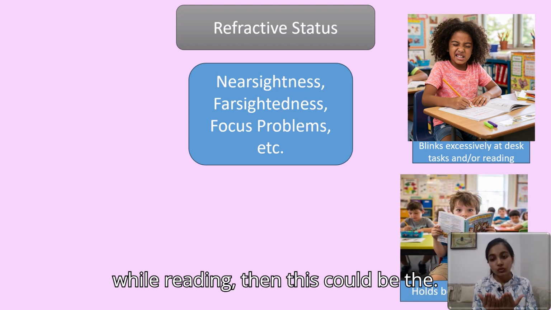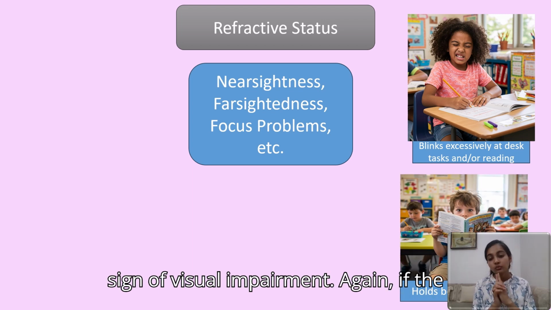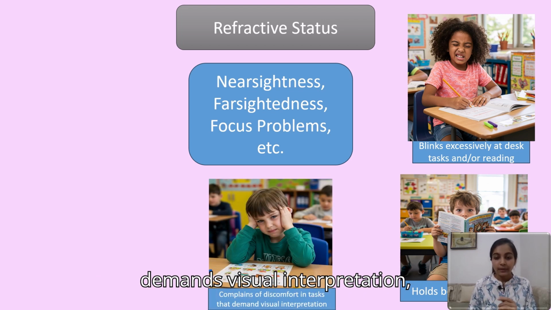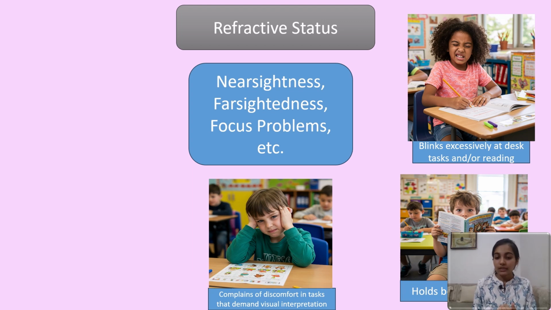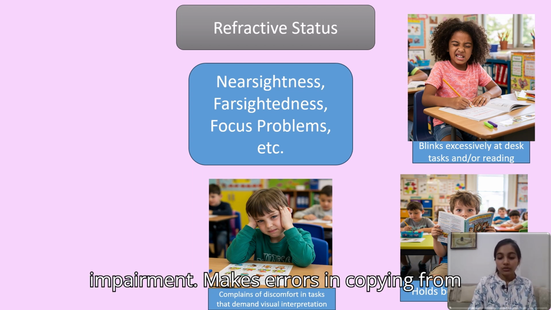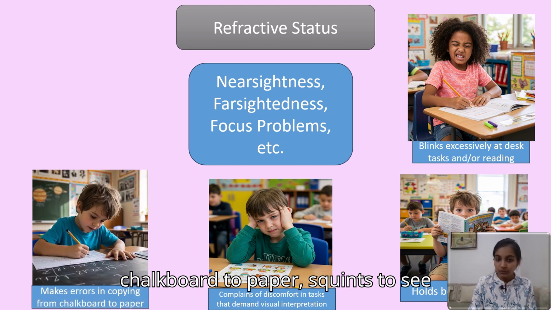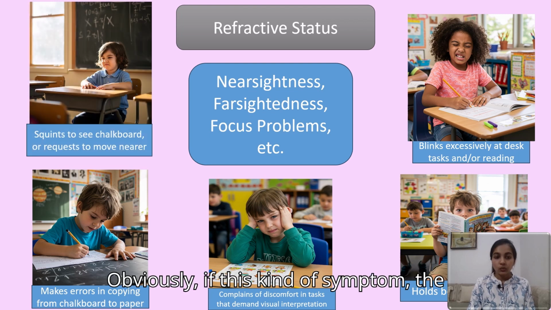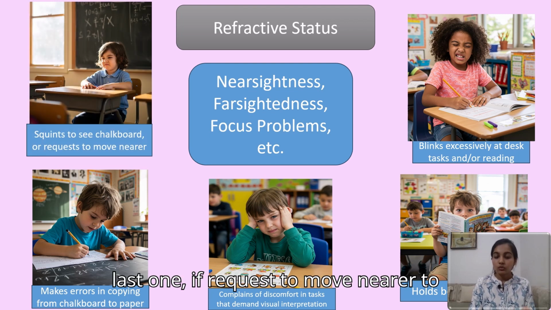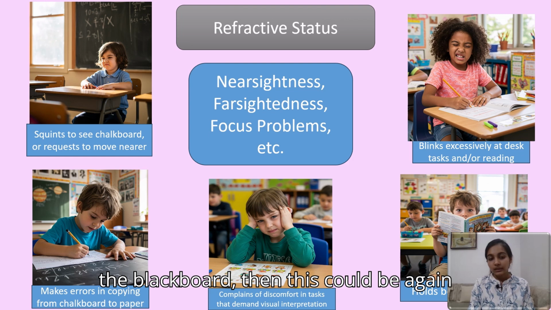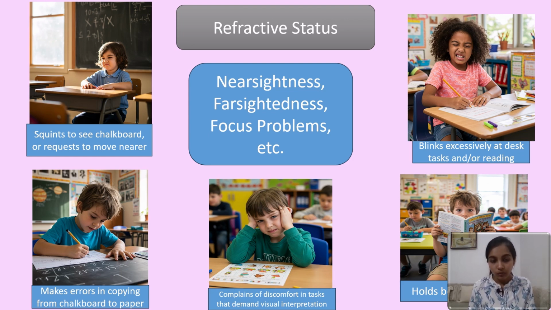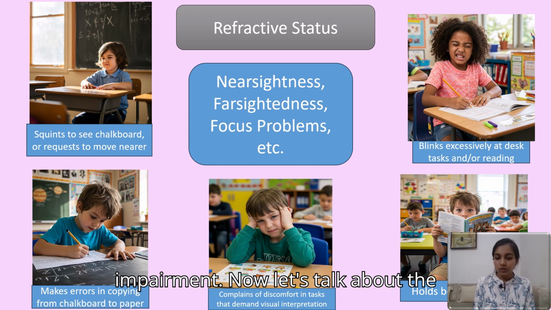Next, holds books too closely. If the child holds books too closely while reading, then this could be a sign of visual impairment. Again, if the child complains of discomfort in a task that demands visual interpretation, then this could be a sign of visual impairment. Makes errors in copying from chalkboard to paper, squints to see the chalkboard, or requests to move nearer. Obviously, if this kind of symptom, the last one, if the child requests to move nearer to the blackboard, then this could be again a symptom of visual